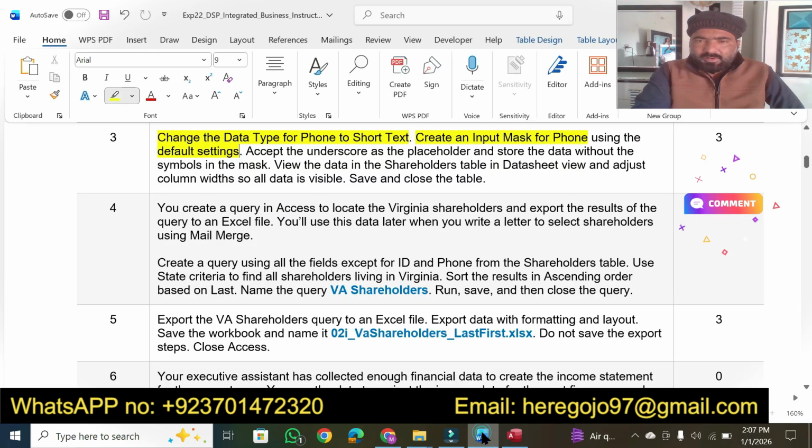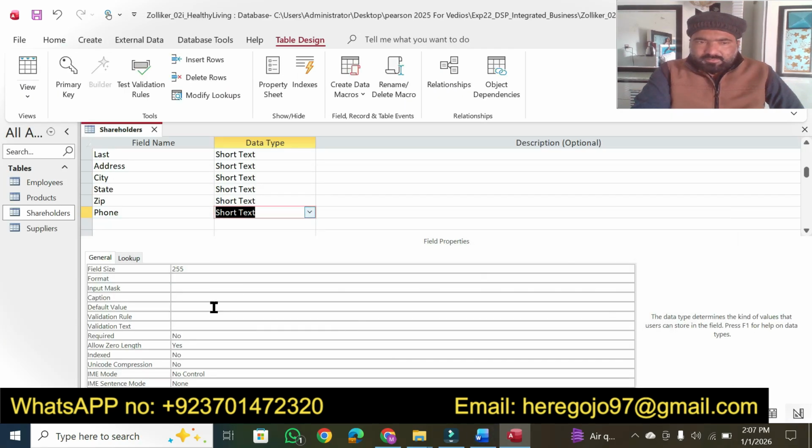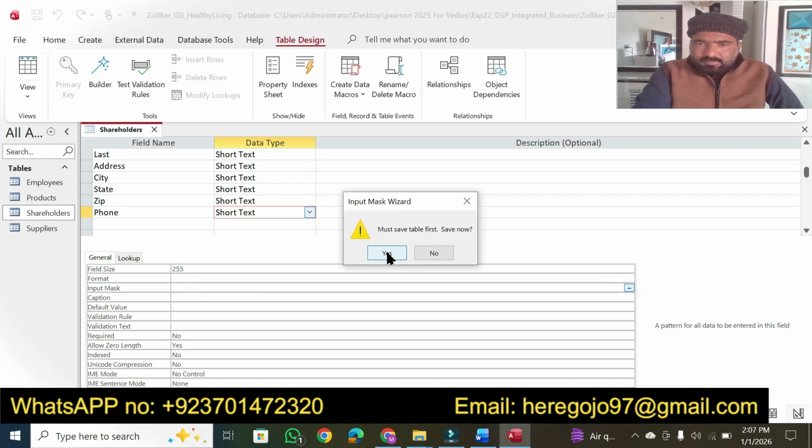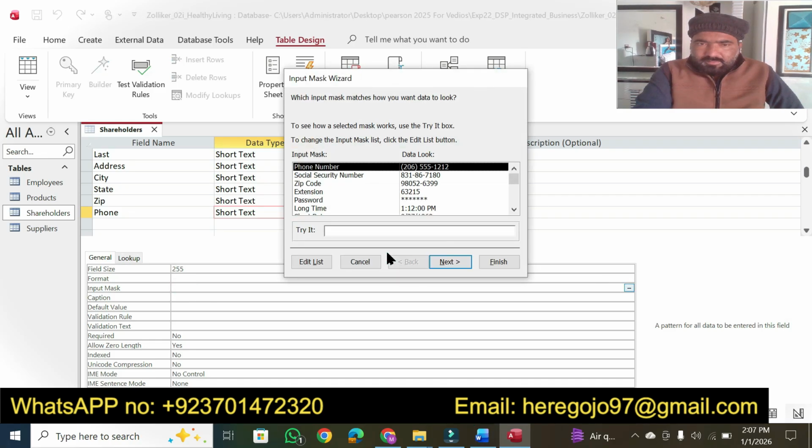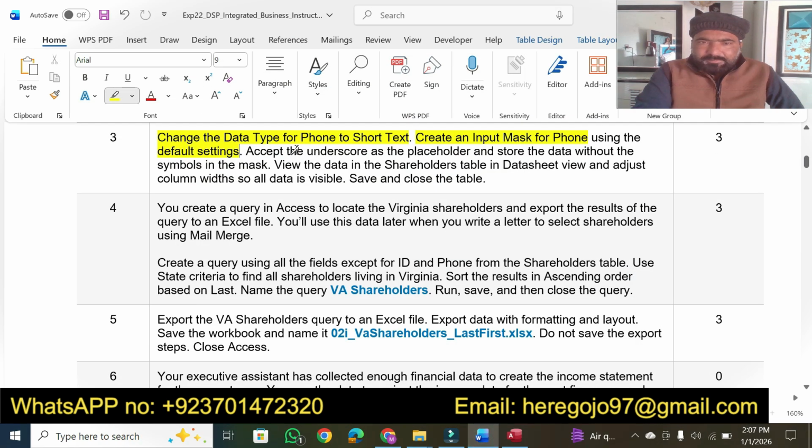Create an input mask using default setting. Okay, here is input mask. Yes. Okay, then accept underscore as placeholder and store the data without symbol of mask. Okay,